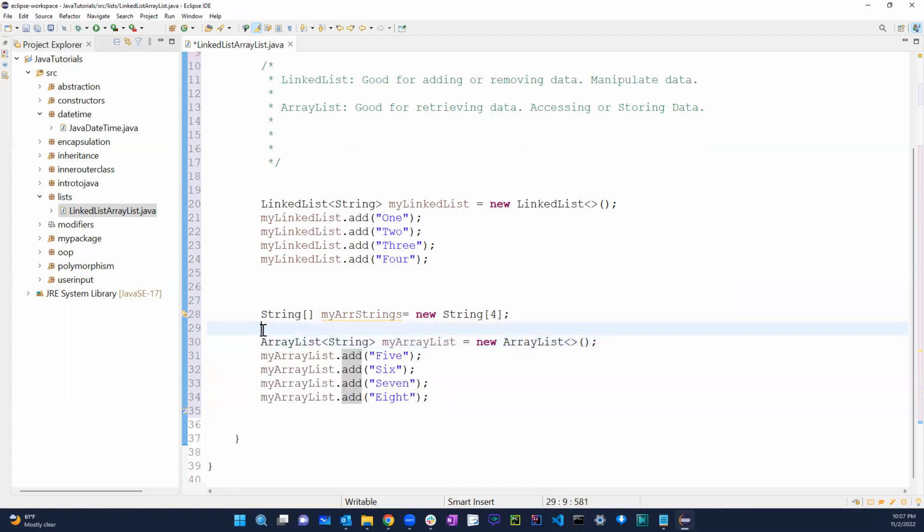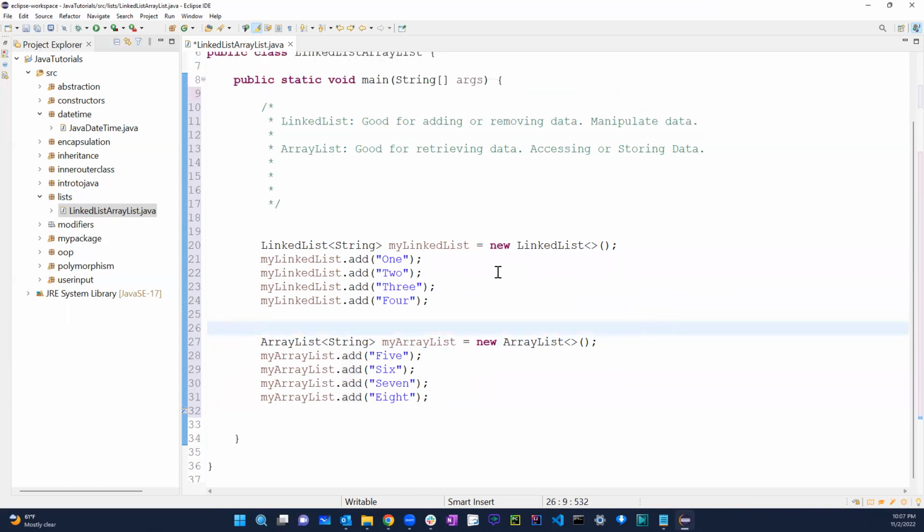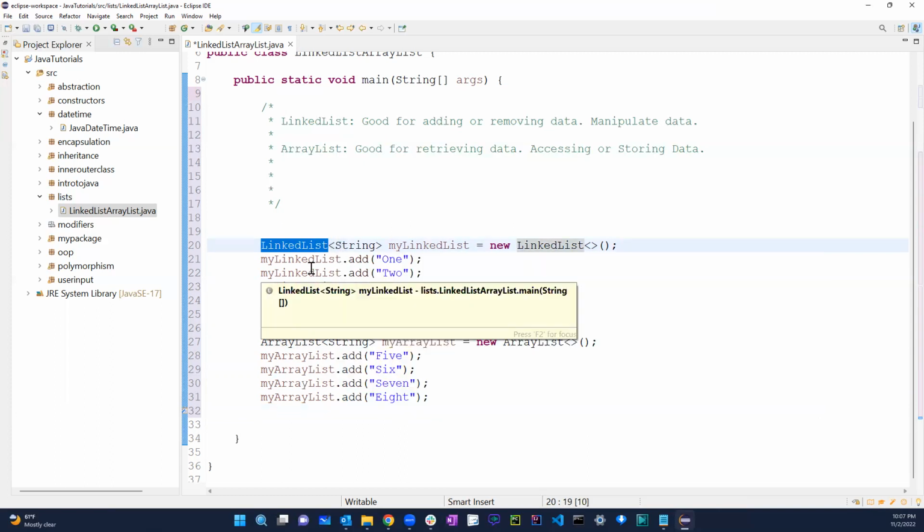So for smaller data, it really doesn't matter. So I'm going to just take this thing out. For smaller data, it really doesn't matter if we have a linked list or an array list. They're both basically very quick. But if we have millions and millions of data that we're working with, in that case, linked list would work the best. Okay, so the reason linked list would work the best. So another thing about linked list is